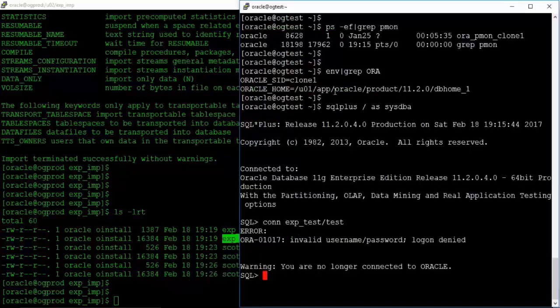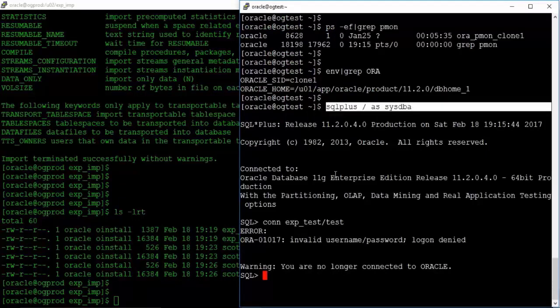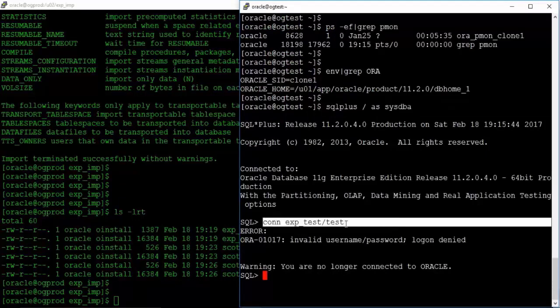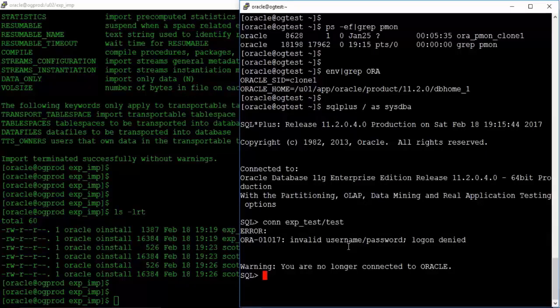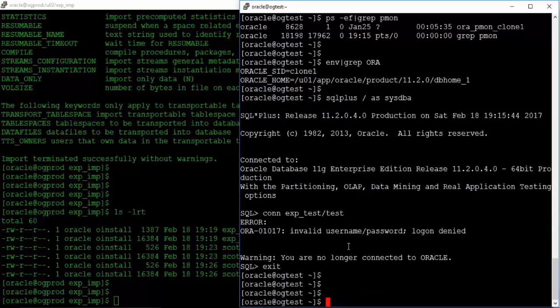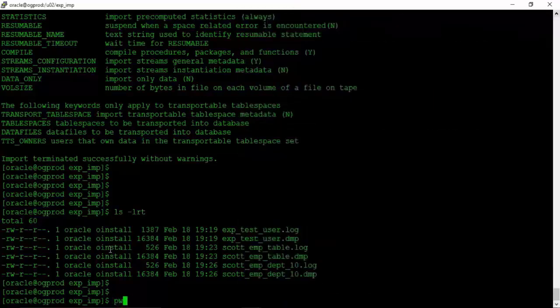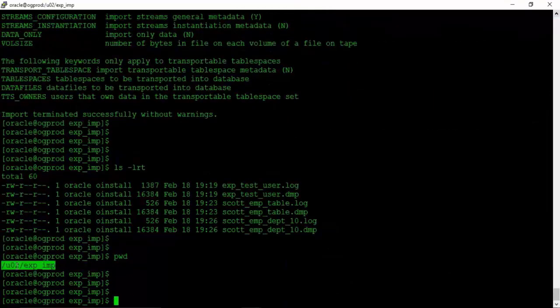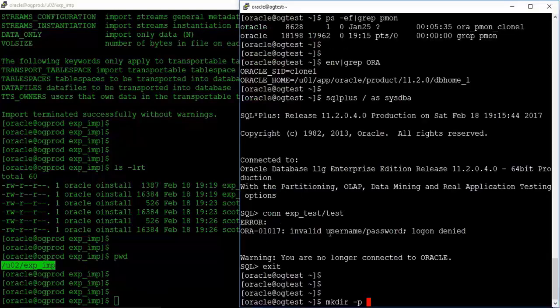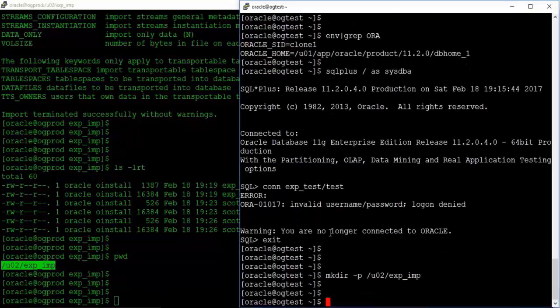But before that, as we have already checked in the test server, the user exp_test does not exist, which means we can easily perform the import. On the test server also, I will create the standard location. We'll check the path /u02/exp_imp. We will create the same location so that both on the source and target we have the same location for